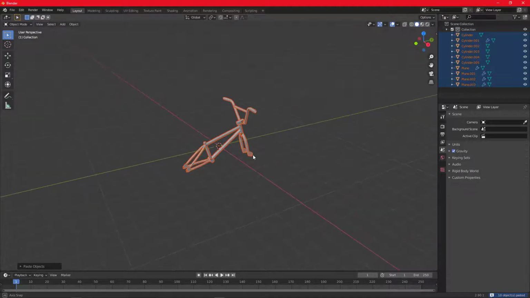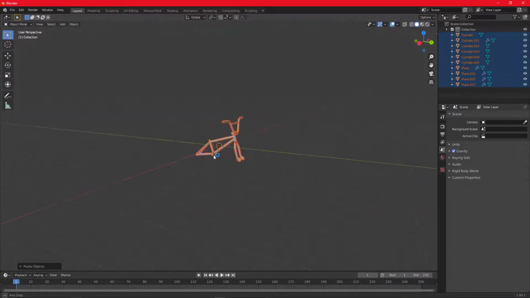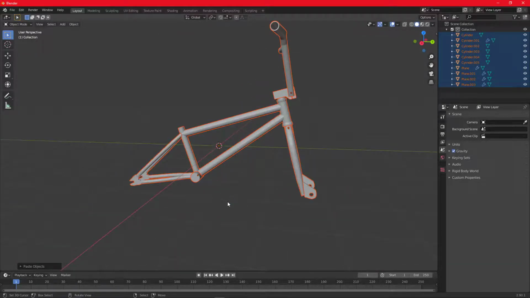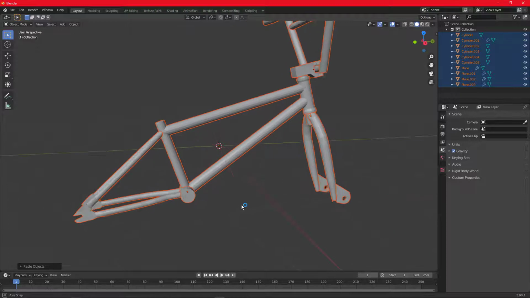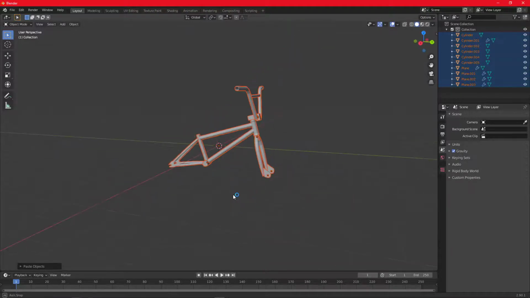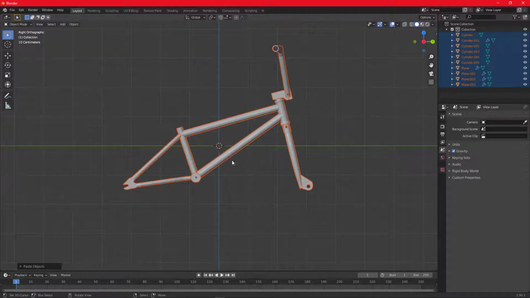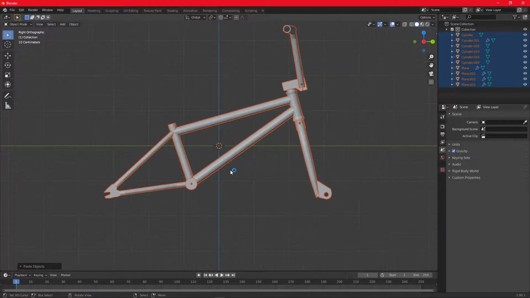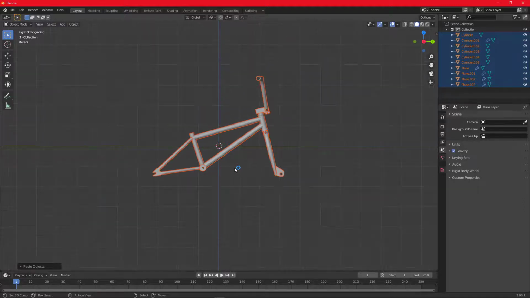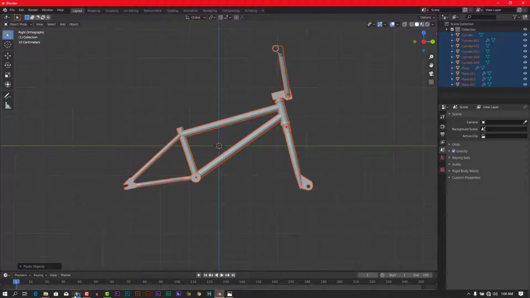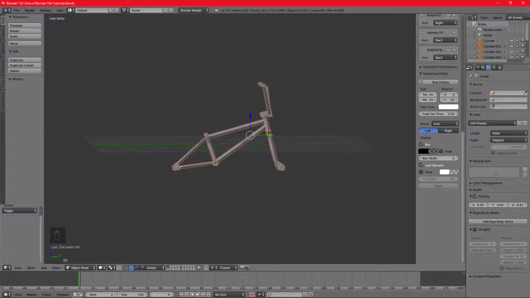So now we have it here. As you can see, we have it here now. So now what we're going to do is we continue from here. So let's go to right view. What you can see, the picture we have here is not there anymore. So now we can quit this one